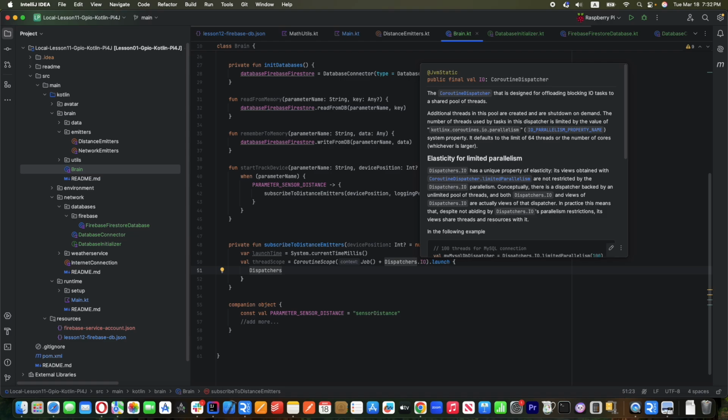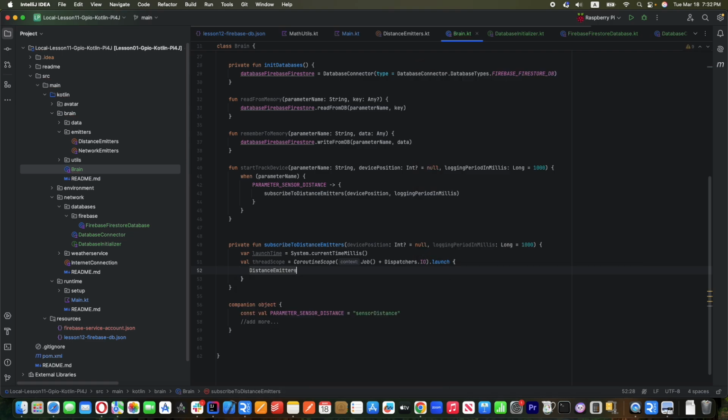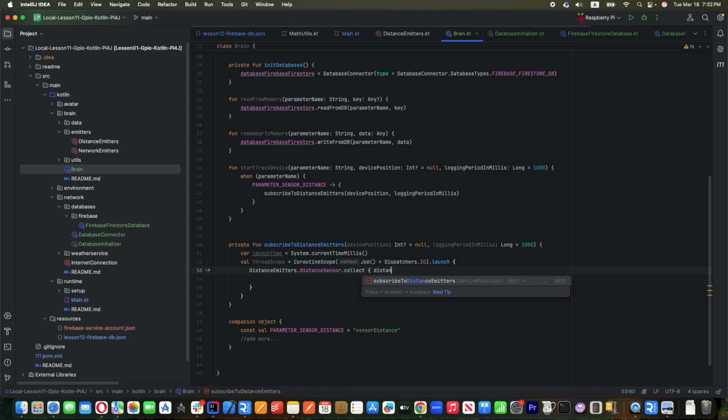Okay, distance, no, not this one. Distance emitters, distance sensor, collect data distance. Okay,